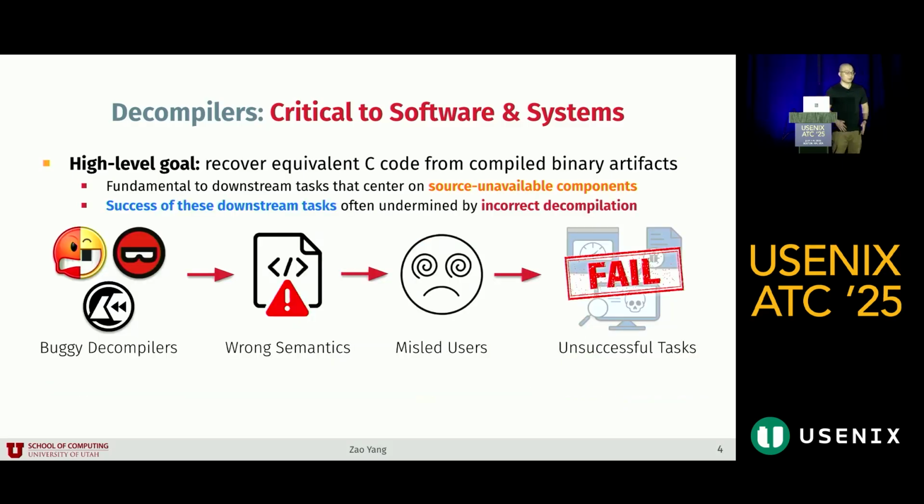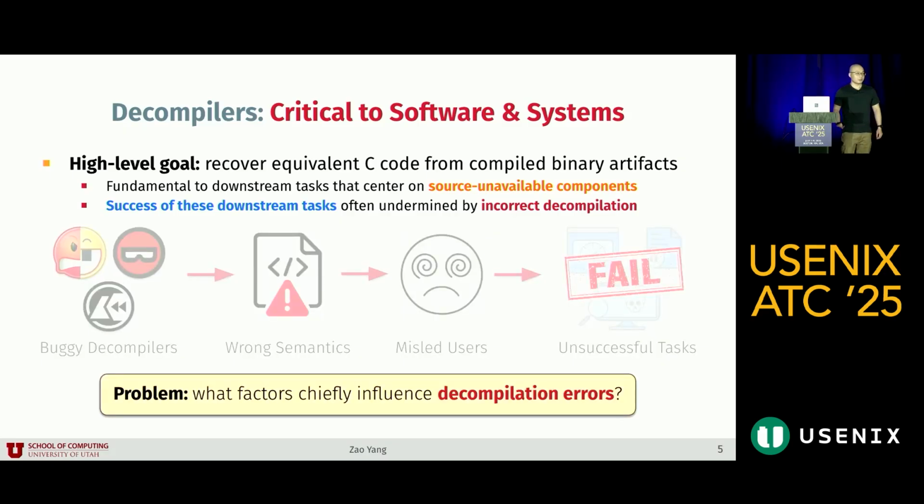However, decompilers do not necessarily generate code that represents the original source. There can be wrong semantics in the decompiled code that cause confusion to users and also lead to inaccuracy or even failures in downstream tasks that require accurate decompilation. So the question is, what factors can chiefly influence decompilation